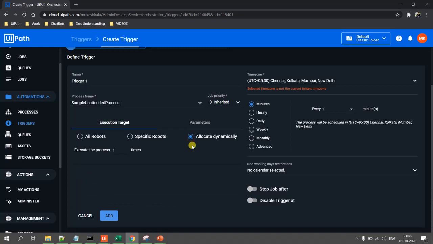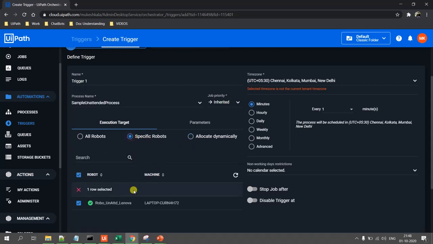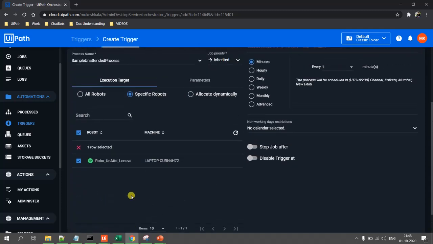It is a big topic that we will cover in a later video. At a high level, UiPath Orchestrator will itself decide and automatically allocate whenever a robot is free. But there are many things that come with it, so as of now we'll stick to a specific robot and select the robot.